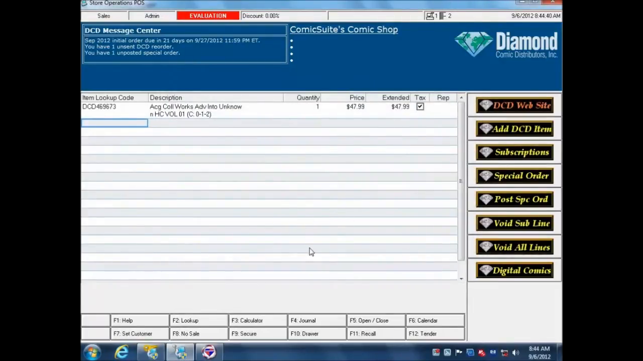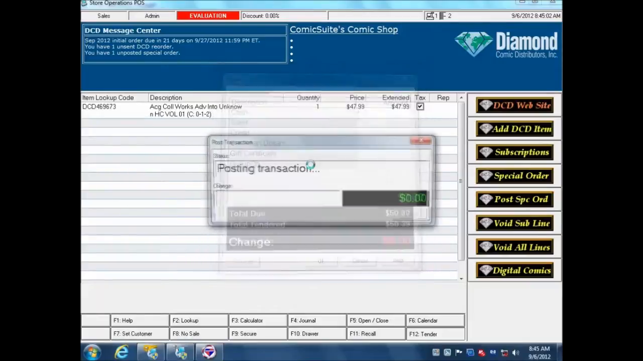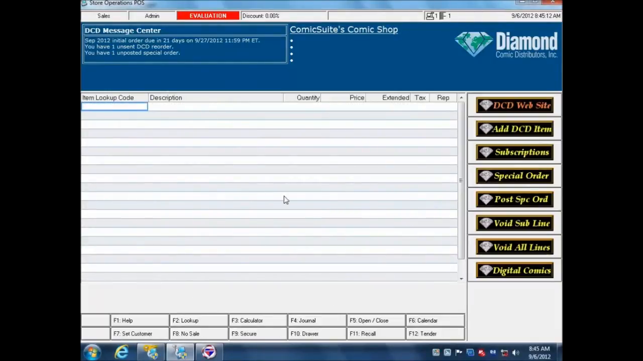So in this scenario, I'm ringing up this item, and what I'm going to do then is tender it out. All of these tender types here are completely customizable by you. So if you do not use Groupon or accept Canadian dollars in your store, these are again completely customizable by you. You can remove the items or add items that you do or don't accept. So in this case, we're going to cash out this transaction. It will pop the cash drawer and print the receipt,